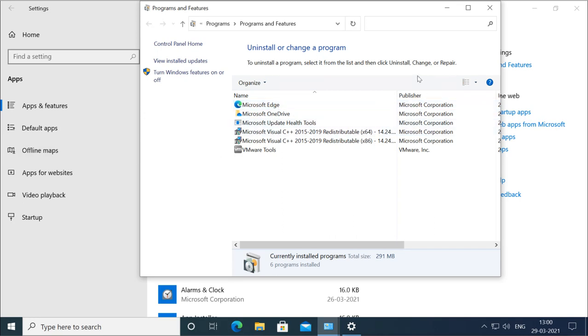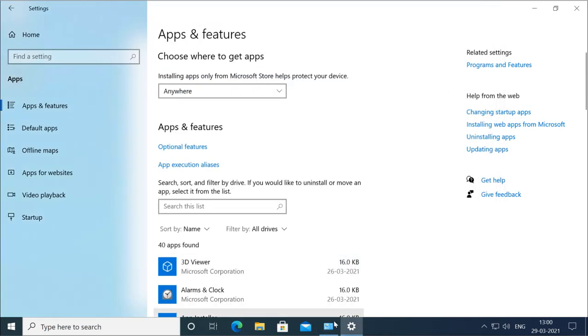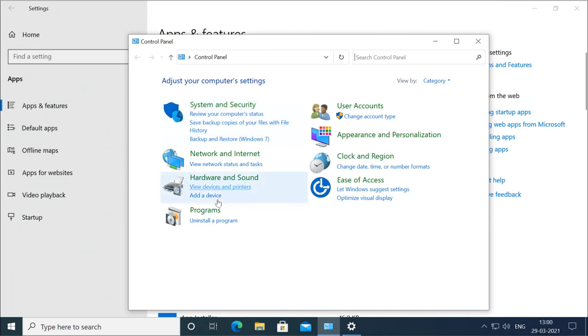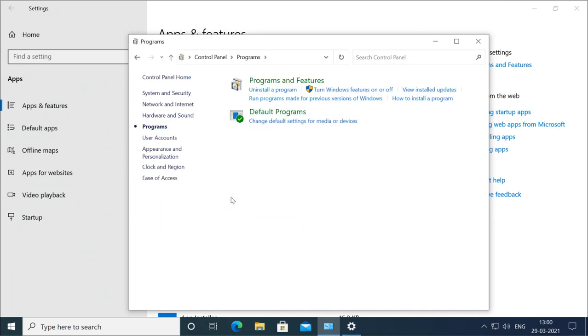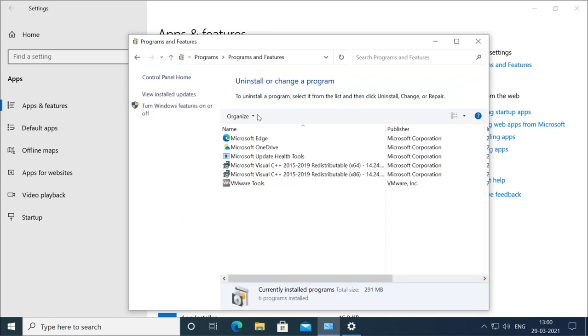If you go directly to the control panel, you will go to Programs, and then Programs and Features, and you will see all the available installed applications. If you want to remove some application, you can select it and uninstall.